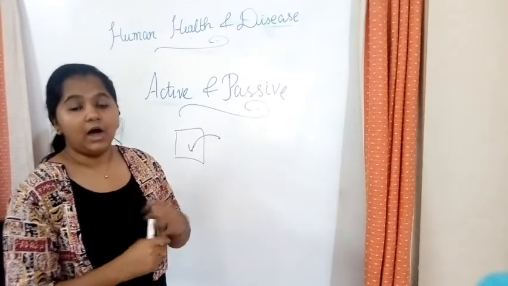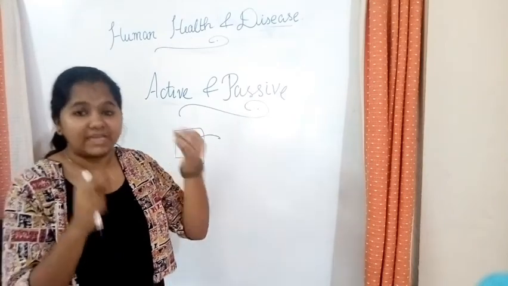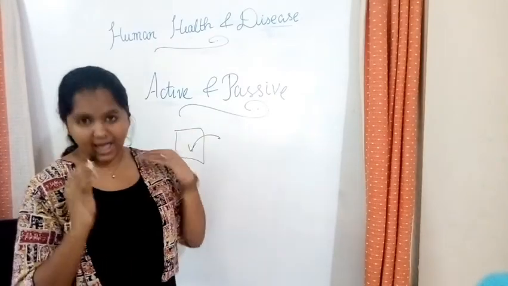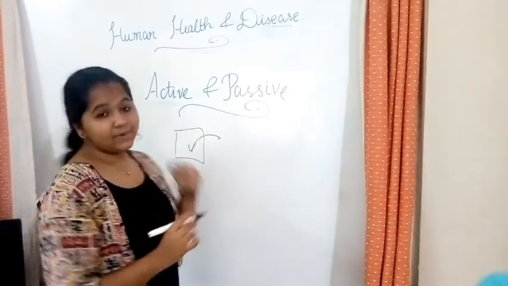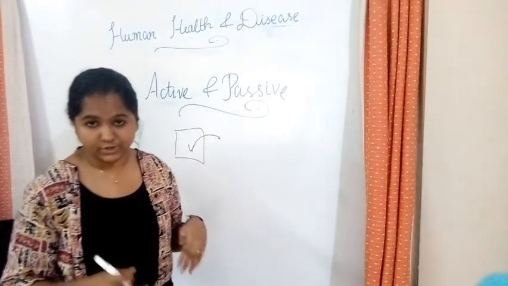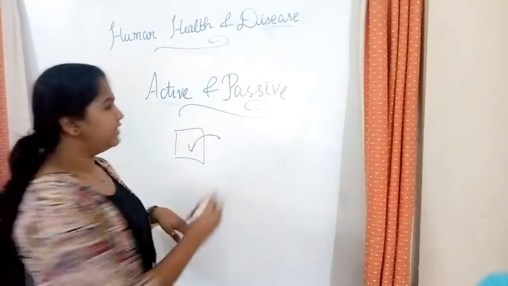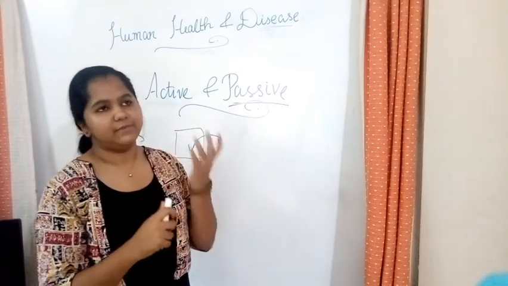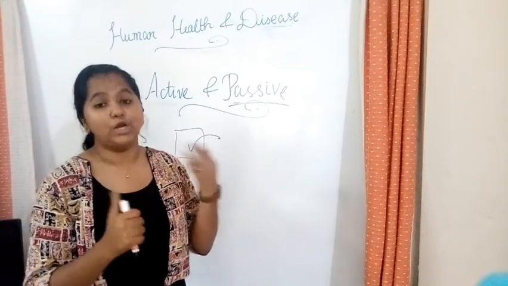Now let's see, even when you go for vaccination or immunization, when you give dead or weakened microbes inside your body, your body itself produces the antibodies. That is also a case of what? Active immunity. Now let's see what passive immunity is. If the antibody is given directly into the body, that is called passive. Okay. An example of passive immunization or passive immunity is when you're born, you are fed mother's milk that has